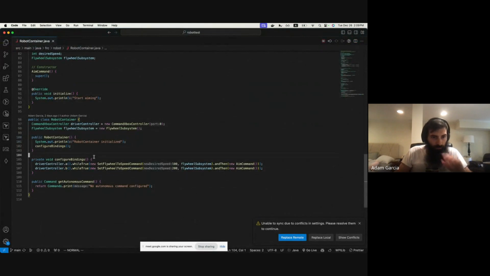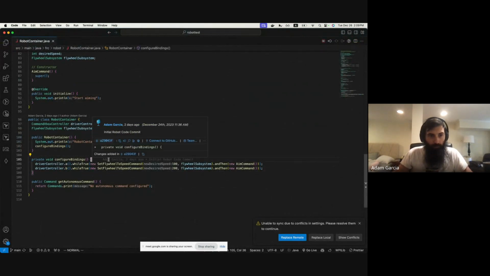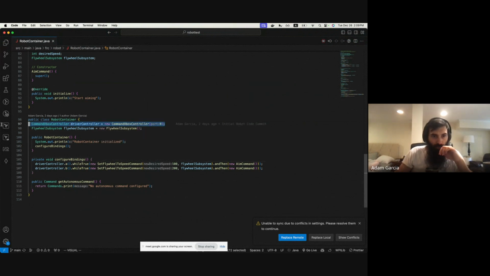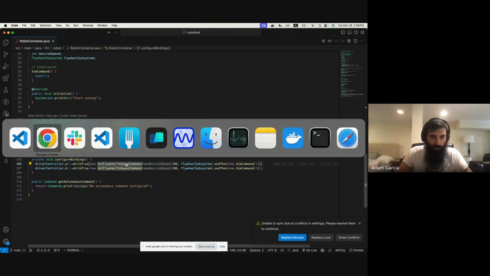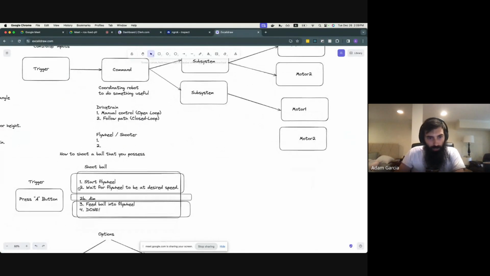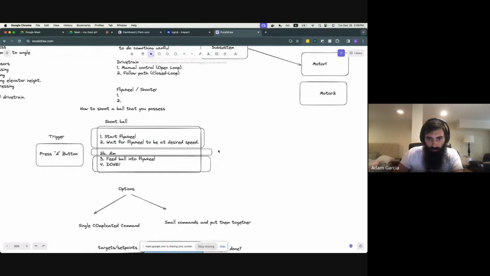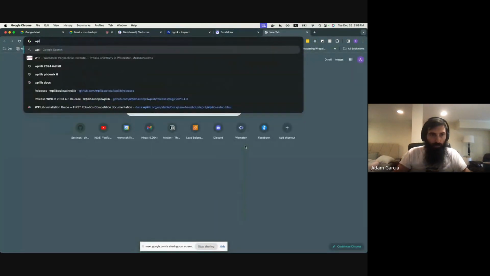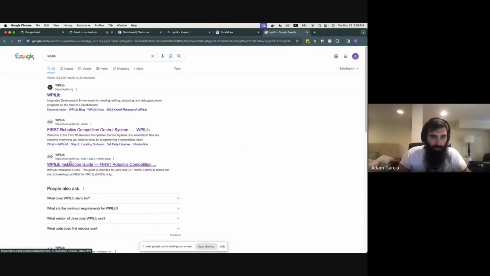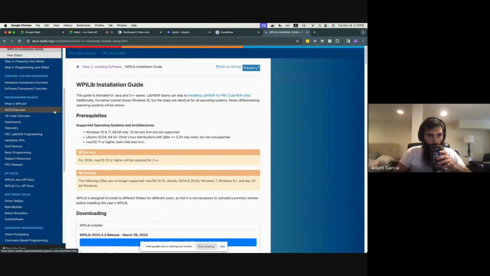So what we did is we created a controller, and we have this example, the sample flywheel subsystem, just an example. As you see over here, this says start flywheel and wait. So this command is a complex command, which you can write as a single command, and we have WPILib. We have the documentation, which shows that,